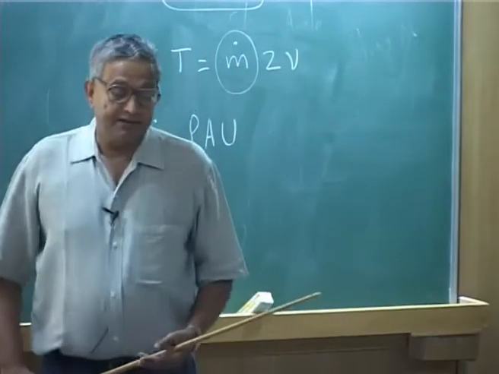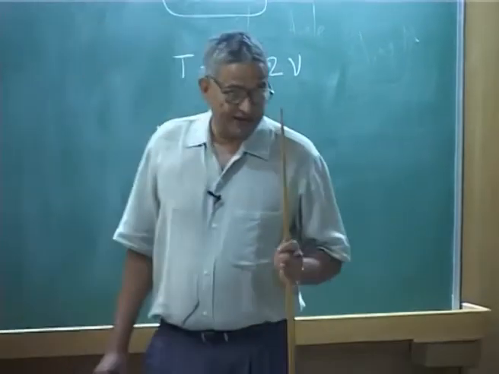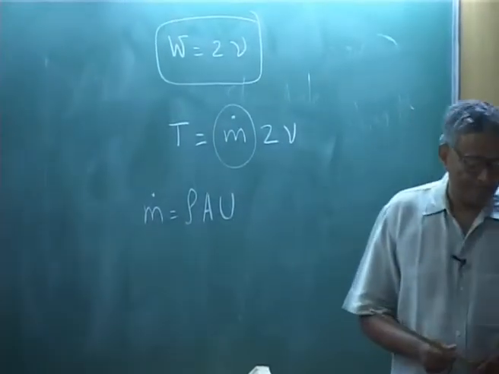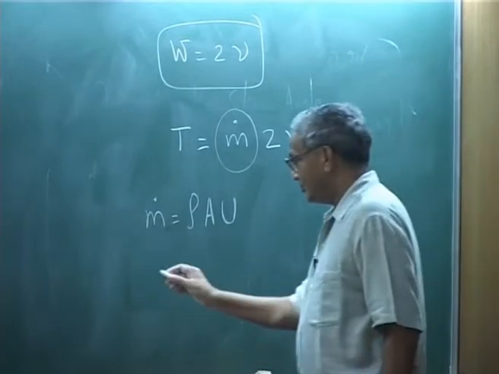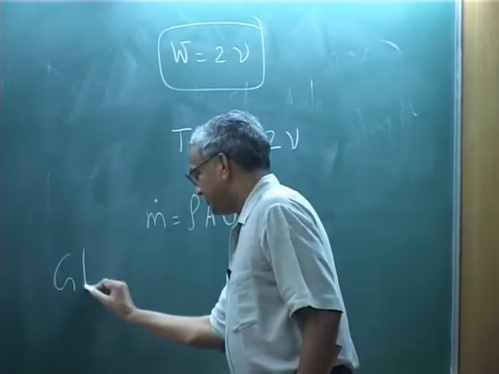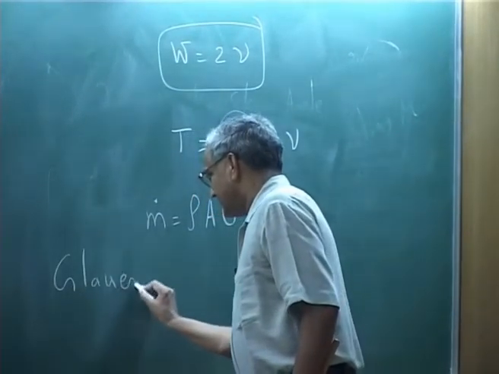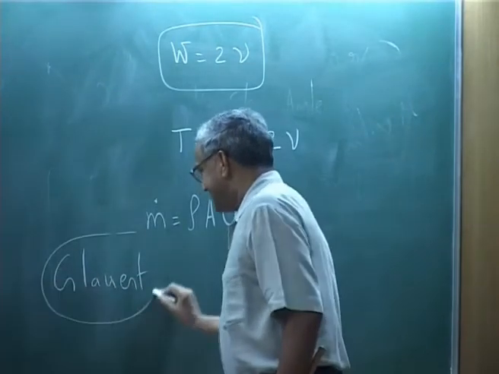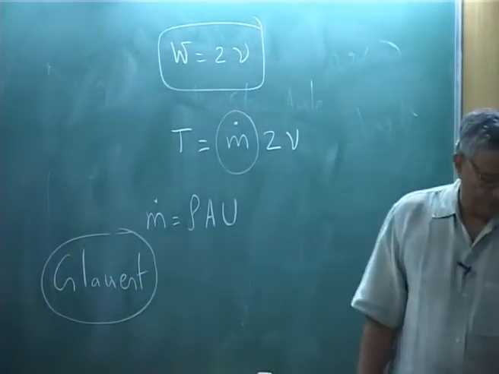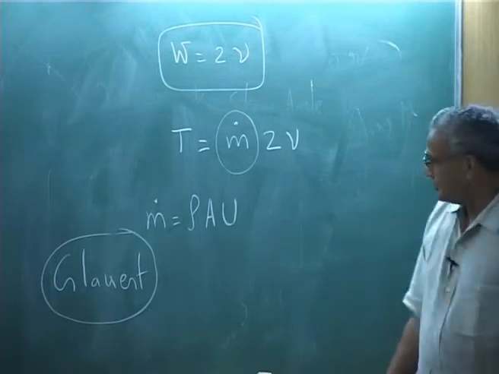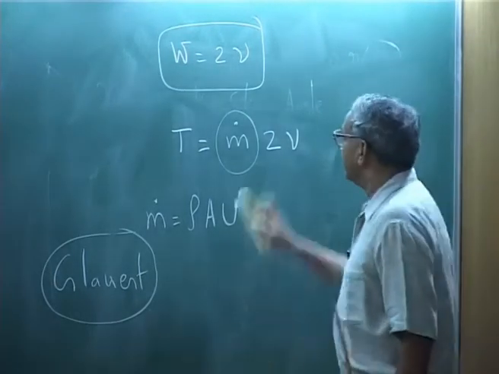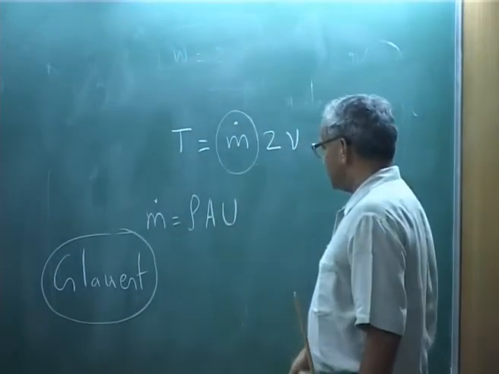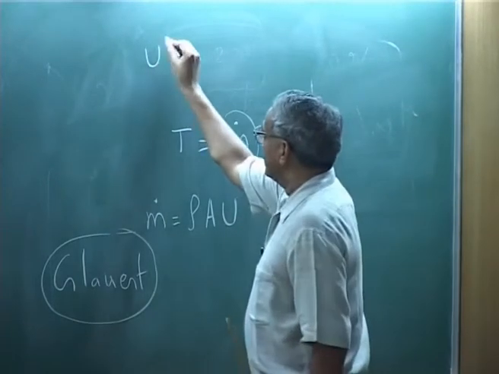But in defining mass flow rate, this is based on Glauert. He said to use U square as